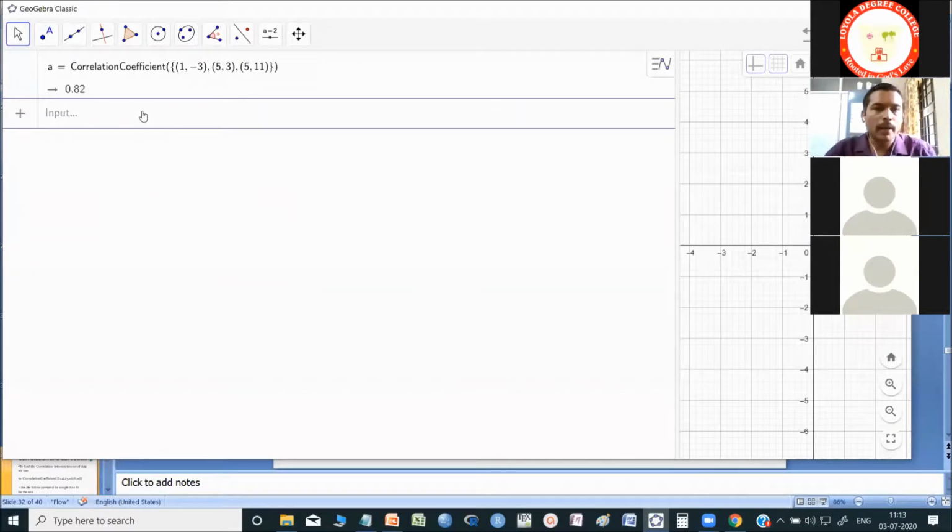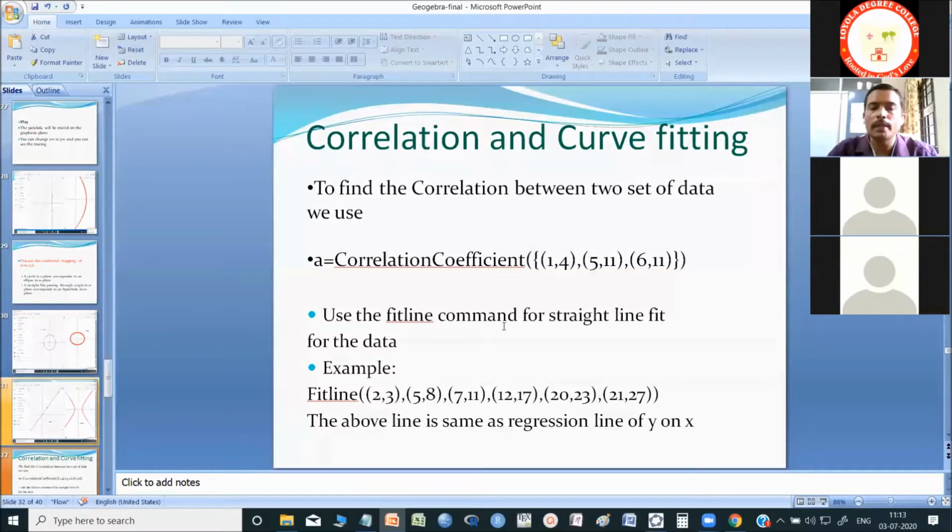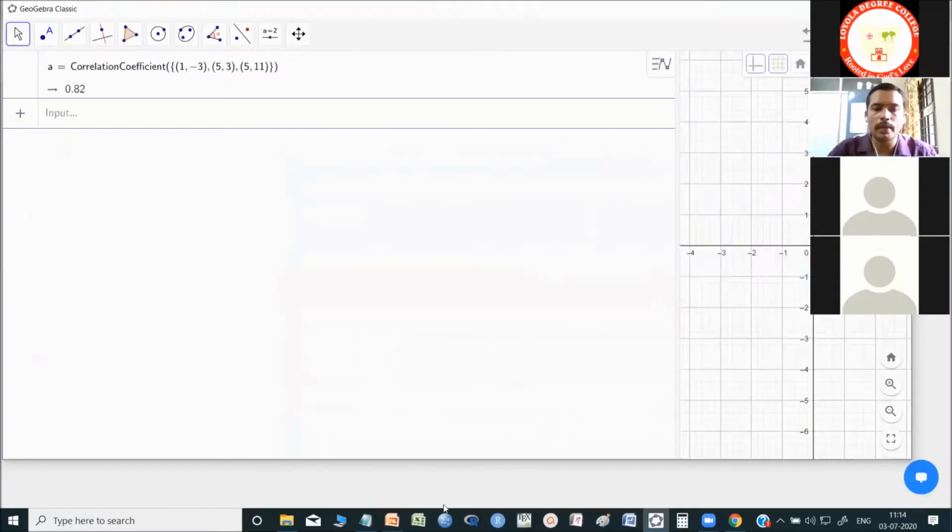In the command line, you can type, suppose I have the function f, I can say f dash, all those things. Due to the time constraint, I'm not going to explain other things. Let me stick to whatever is in the slides. So this is about the curve. And then the next part in the statistical analysis is fitting a line. Fit line is an option there. For the same data, we can fit a line. You just have to give fit line, that's all. Type it in the command line.